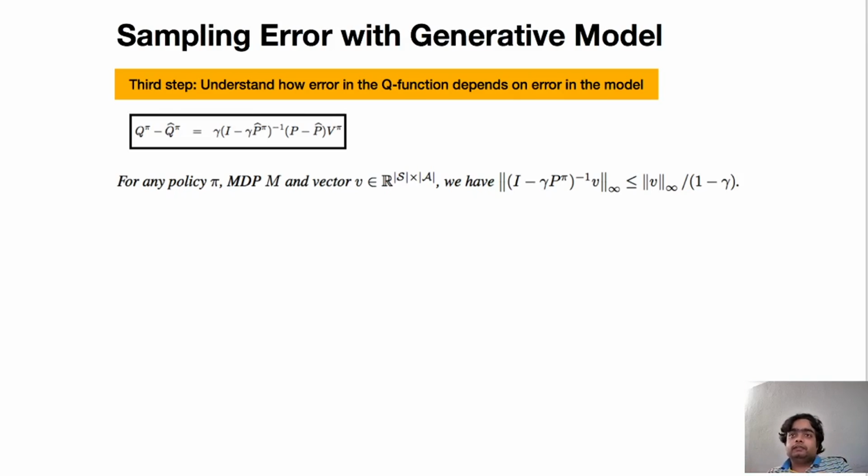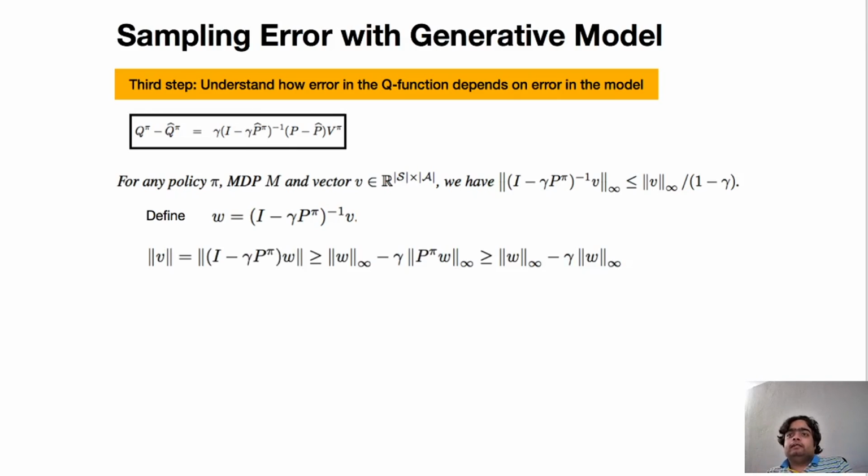How can we show this? You can show this result by using simple inequalities. Let's define W to be I minus gamma p pi inverse times V, which is basically the quantity whose infinity norm we are interested in bounding. Now I claim that we can write the vector V as equal to I minus gamma p pi times W, just by multiplying I minus gamma p pi on both sides. So the infinity norm of V is equal to the infinity norm of I minus gamma p pi times W,